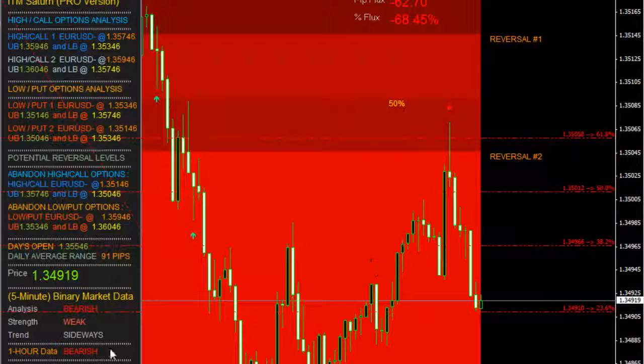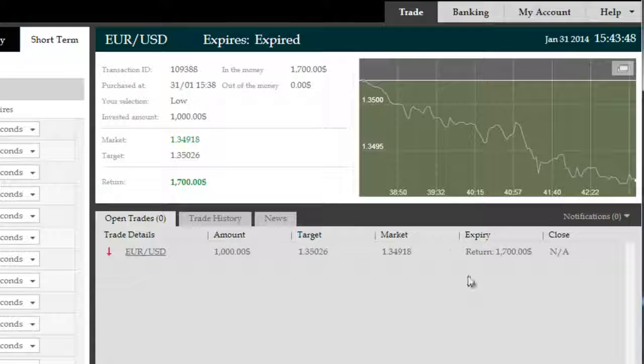We took it exactly when told by ITM Saturn Pro. And that was the whole logic behind this move, was to follow instructions, do it well, wait for the trade to expire, and there we go. $1,700 in the bag, $700 core profit off of what's a fantastic trade that was predicted in advance by ITM